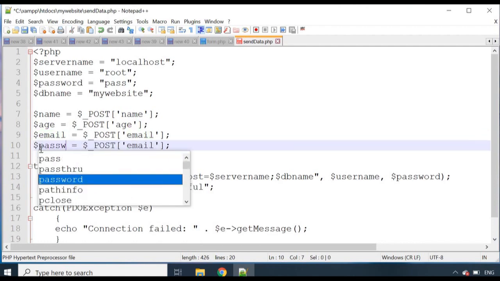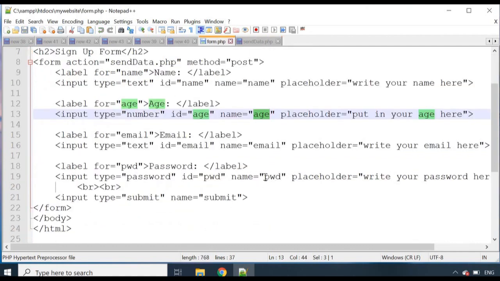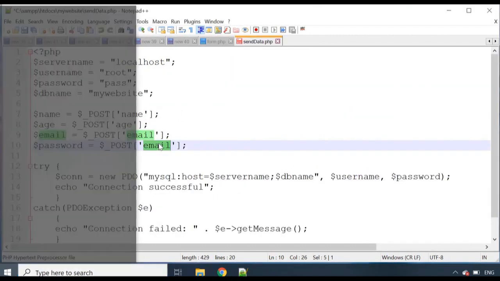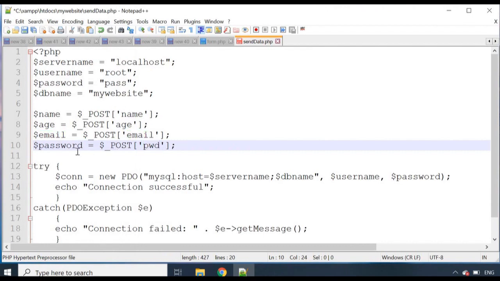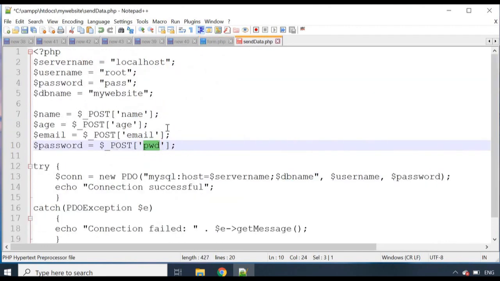change this to password. And now here, since what we have for our name is pwd, you guys want to be careful and you want to pass this through the post method. Now you can change the variable name to whatever you want, but what goes inside of here should match this. So if I had password like this down here, that's what I would pass. So just make sure that you guys do that, or else it's not going to insert the data into your